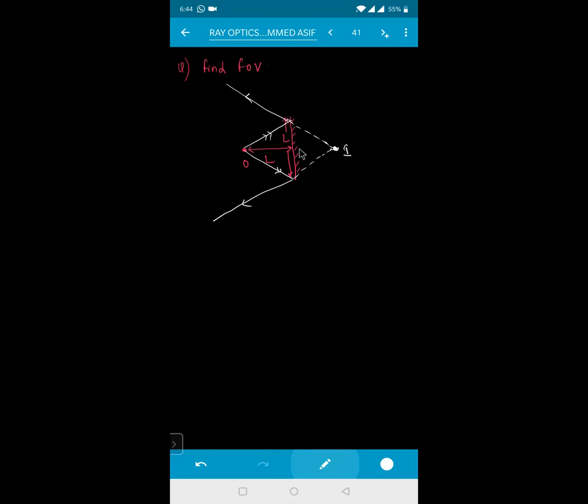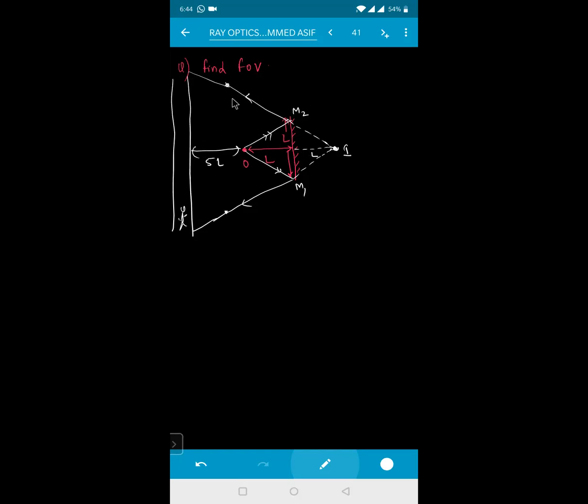Whatever is the distance of the object, the image is also formed at the same distance. That is nothing but equal to your M. Yes, sir. This is the mirror, that is M2, and this one is nothing but your M1. So the line joining these two will be right now for me what? Field of view. Like say for example, there is a road right now here. This is your road on which I am moving like this. So this is a field of view for me, isn't it? And this road is at a distance of say for example 5L, isn't it?